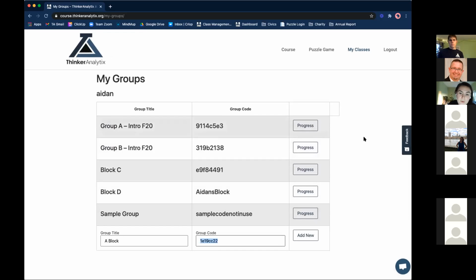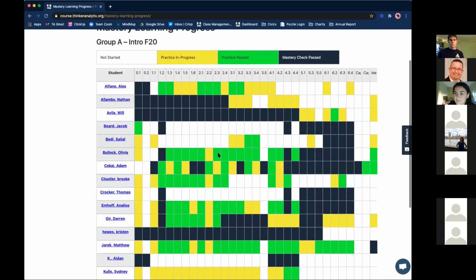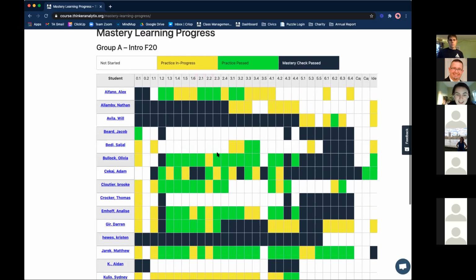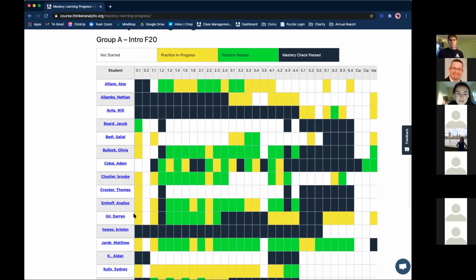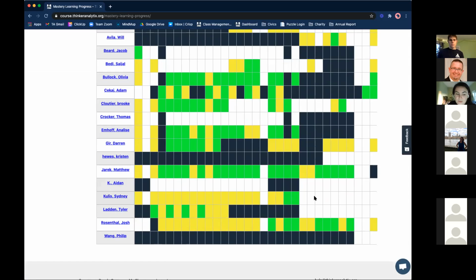On the back end, you'll be able to monitor students' progress. Mine looks a little crazy because I used it in a different way. But I can see all of my students and what things they passed. Dark blue means they mastered the material for that lesson.